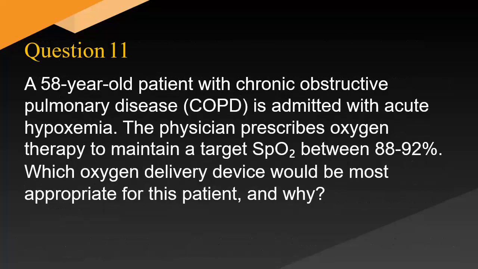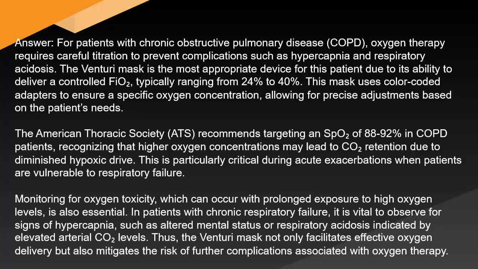A 58-year-old patient with chronic obstructive pulmonary disease, COPD, is admitted with acute hypoxemia. The physician prescribes oxygen therapy to maintain a target SpO2 between 88–92%. Which oxygen delivery device would be most appropriate for this patient and why? Answer. For patients with chronic obstructive pulmonary disease, COPD, oxygen therapy requires careful titration to prevent complications such as hypercapnia